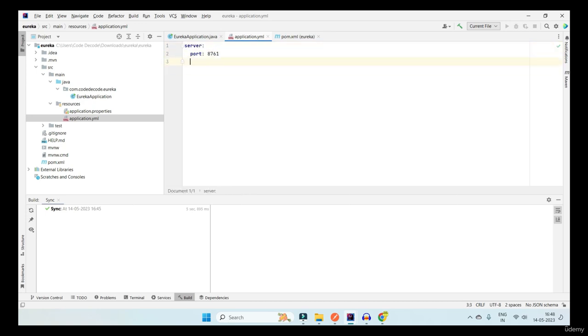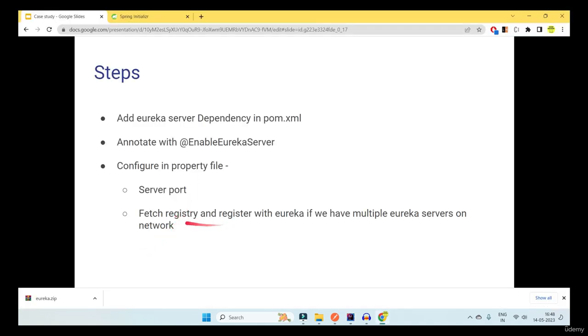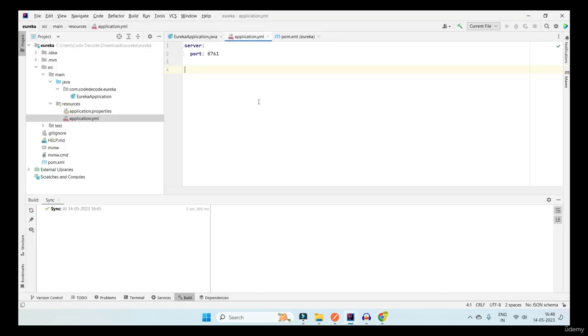Now once your server.port is set up, we will be configuring the registry, the fetch registry and other configurations when we have multiple Eureka servers on the network. I don't want this application to become a client to other Eureka servers, and hence I'll make this a standalone Eureka server which will not become a client to any other servers.